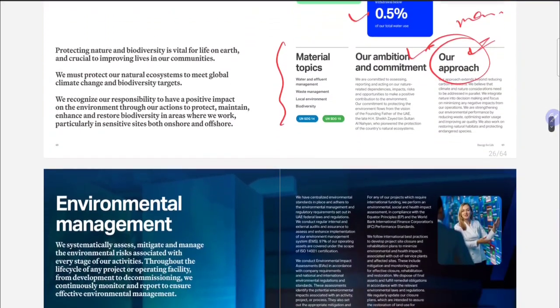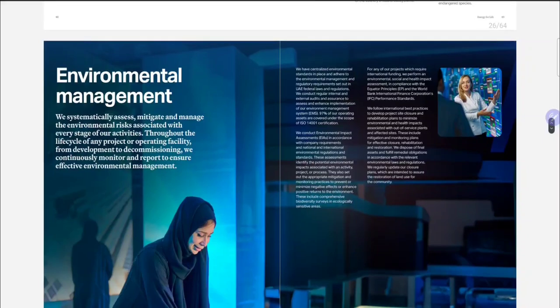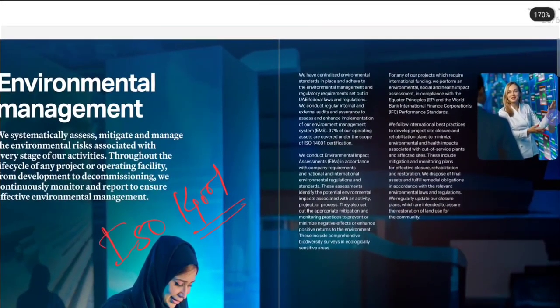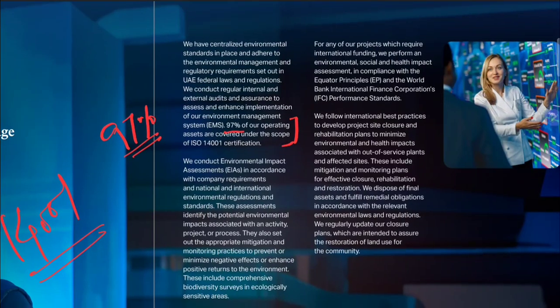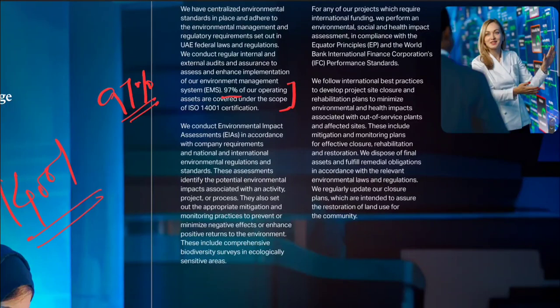Then talking about environmental management, specifically about ISO 14,001 implementation. So it is written here. If you see, I will zoom it for you. 97% of our operating assets are covered under the scope of ISO 14,001 environmental management system. 97%. Okay, so what the company's efforts are related to that, you can see certain examples, like the company is